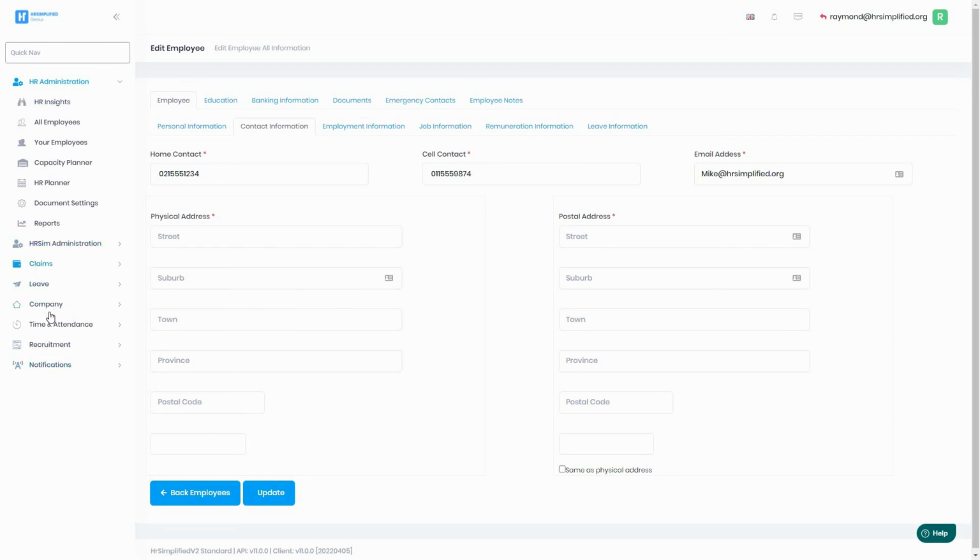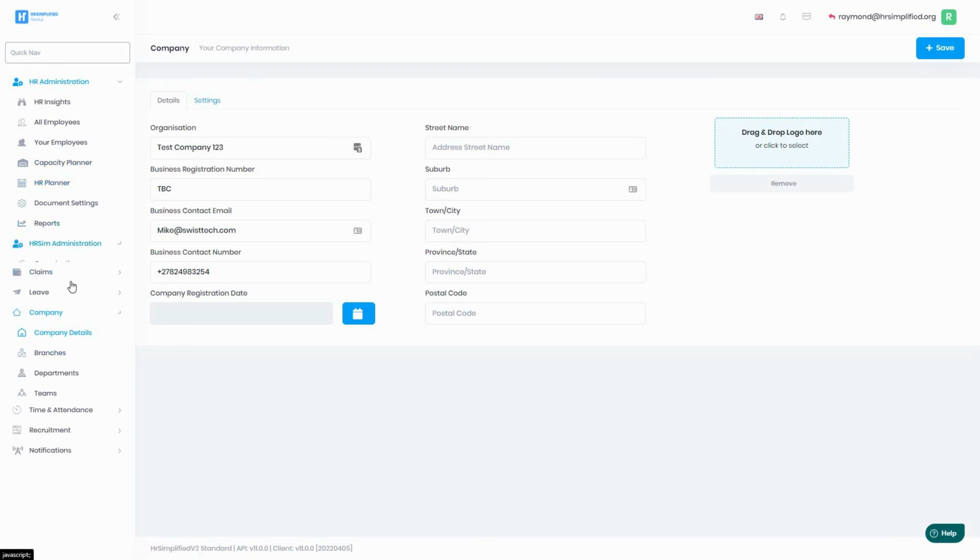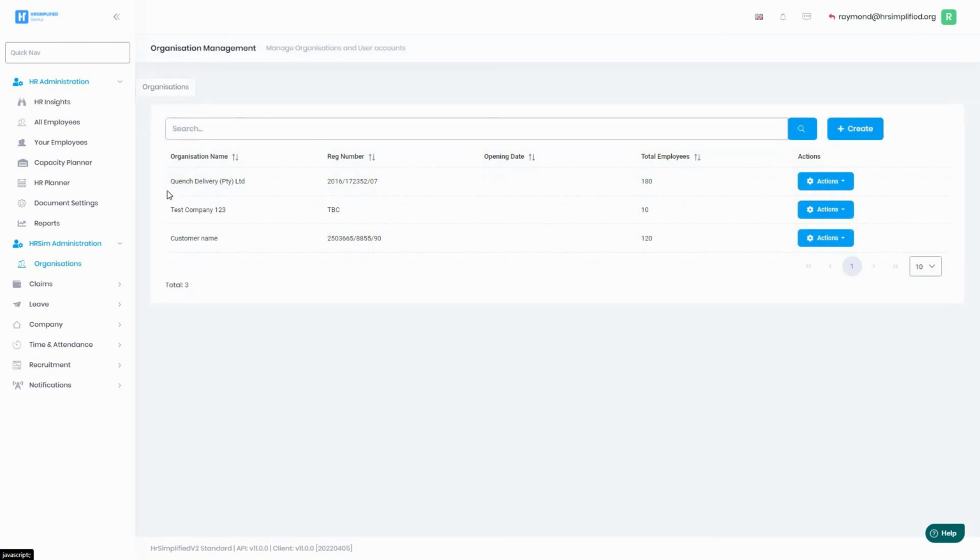You can also go and update the company details from here, what you filled in. If you didn't have anything, you can come and add it over here, and you can set up the entire system. So the idea here is that you can then switch between your companies. If you had to go do something for a customer, you can go to HRSim administration, go to organization, pick the company that you would like, switch to that company, say yes,